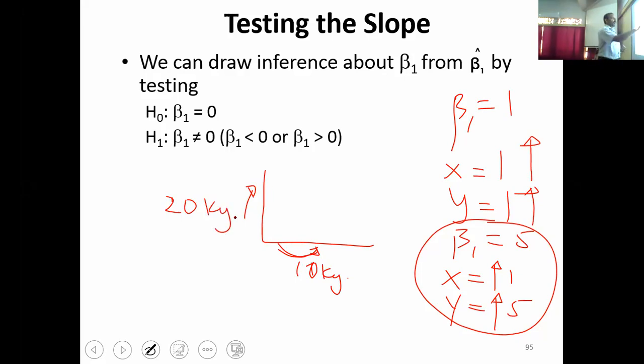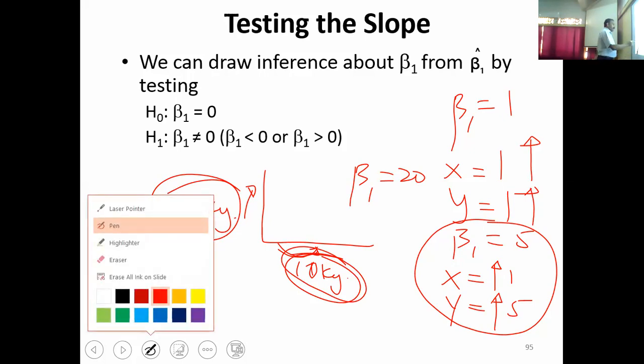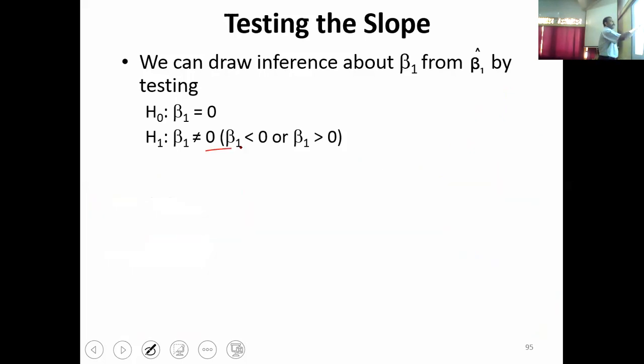Let's say beta 1 is equal to 20. Each unit has been split into 10 kilogram. If I increase 10 kilogram of fertilizer, we can increase 20 kilogram of yield per hectare. So likewise, we can talk about different beta 1 values,